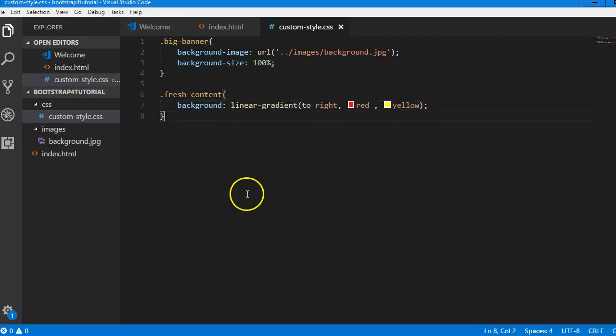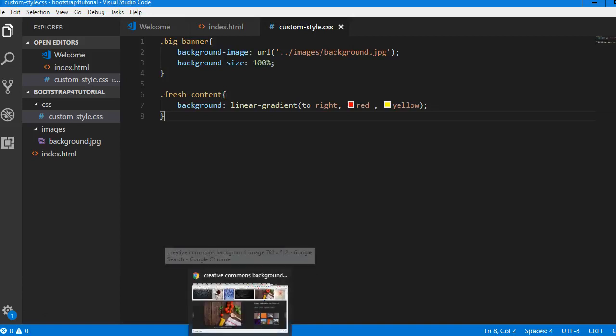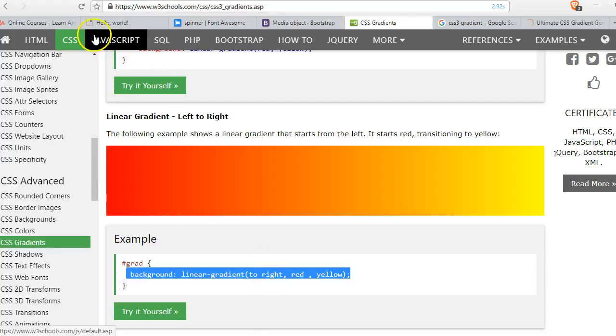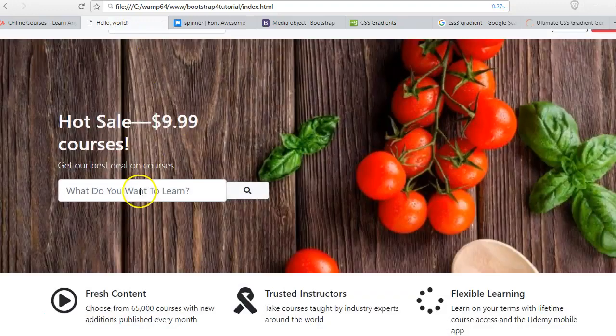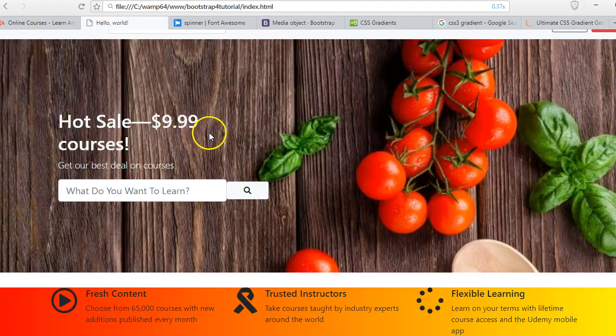So this sorts out the background. So let's see what it looks like in reality. So remember that we still have to change the color of the text. Here we are. We'll reload. Okay, so now we're looking at it here. As you can see, it doesn't look awesome, but at least it does part of what we want. So the first thing we will do is to work on